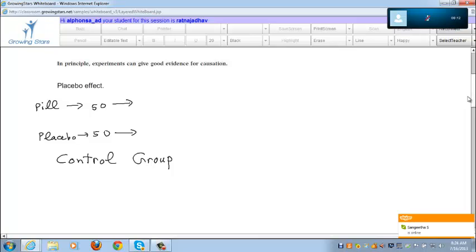Randomization is one important key for the design of experiments. So in this example, do not just apply the pill to any group. Like you divided the group into two groups of 50 each, use randomization to do that. If a doctor divides the 100 people into two groups according to his opinion, it may be biased. He may put 50 people who have severe cases of headache in one group. That will be biased. So what we do is randomly select 50 people from the 100 and form group 1.